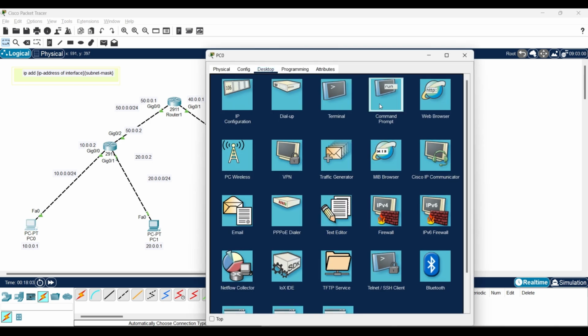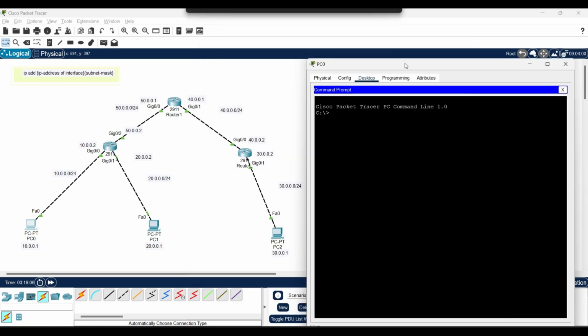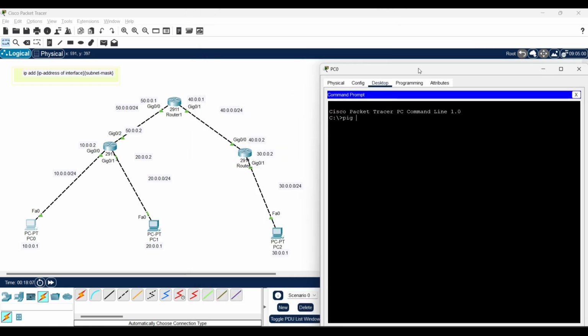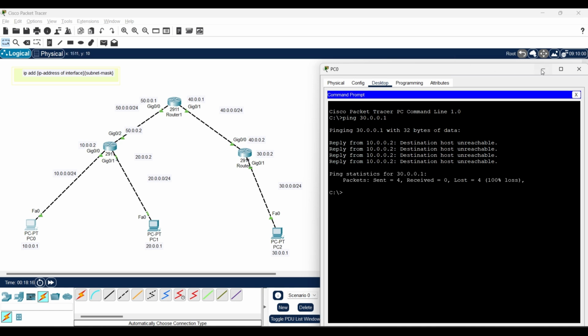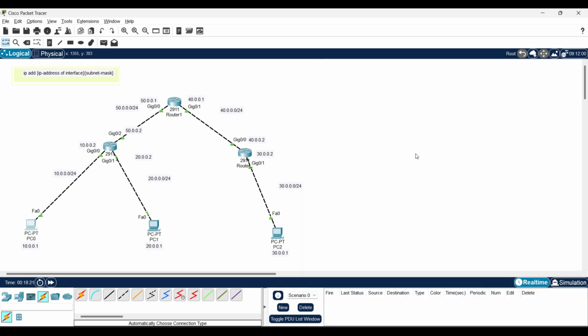But what if I want to communicate and ping 30.0.0.1? Do you think it will send a packet? No, it won't. It will say destination host unreachable. Why? Because we don't have any route to that particular location. So in order to establish a route between 10.0.0.1 and 30.0.0.1,